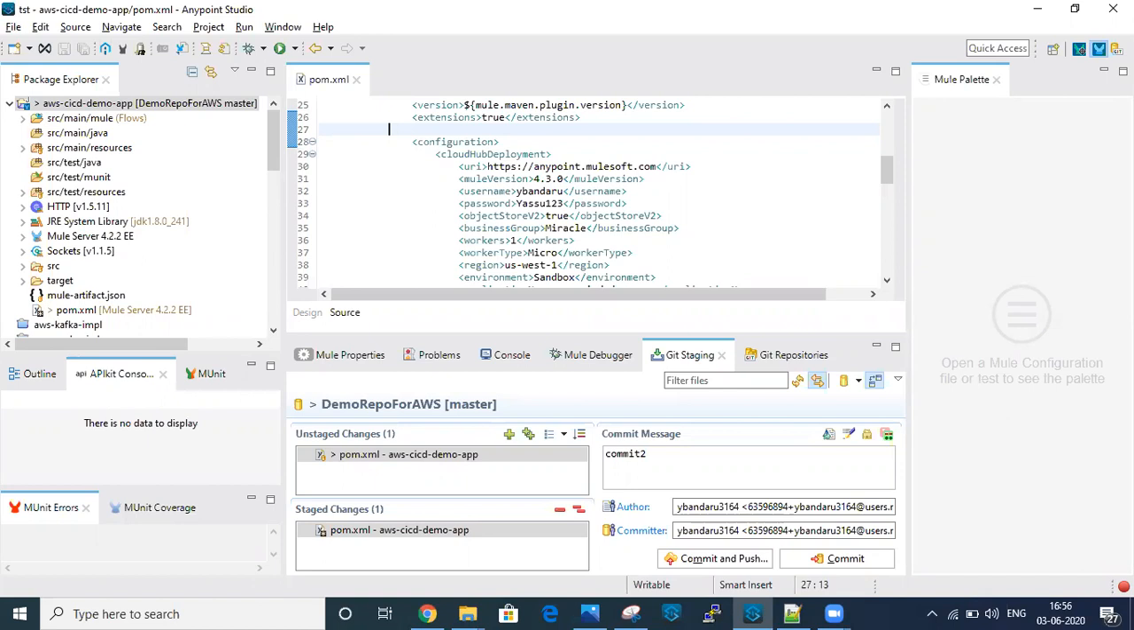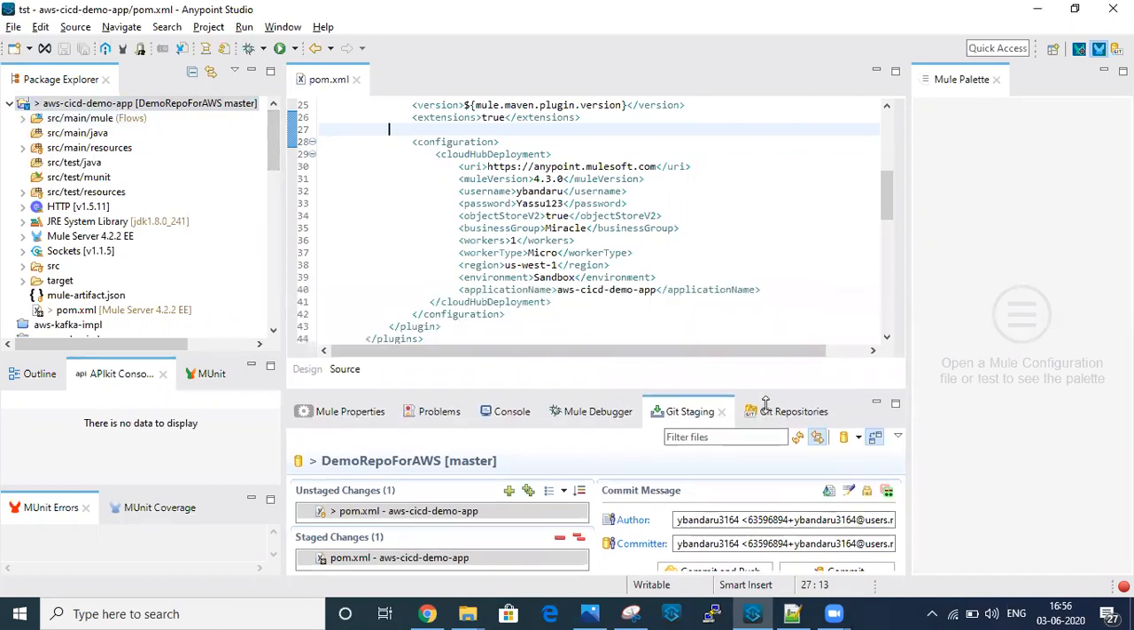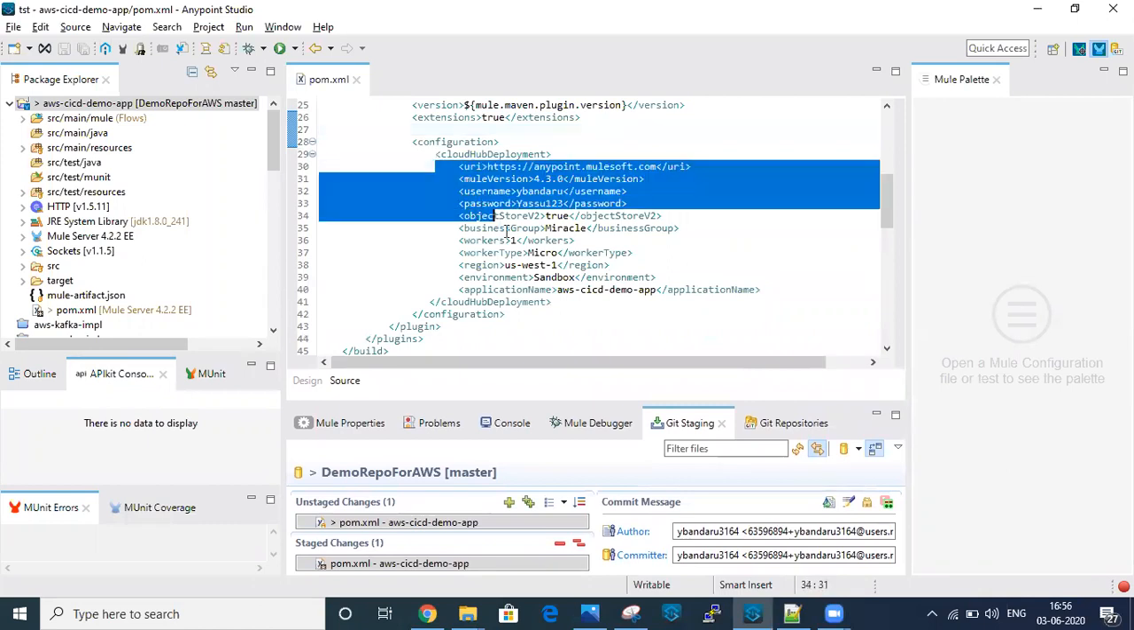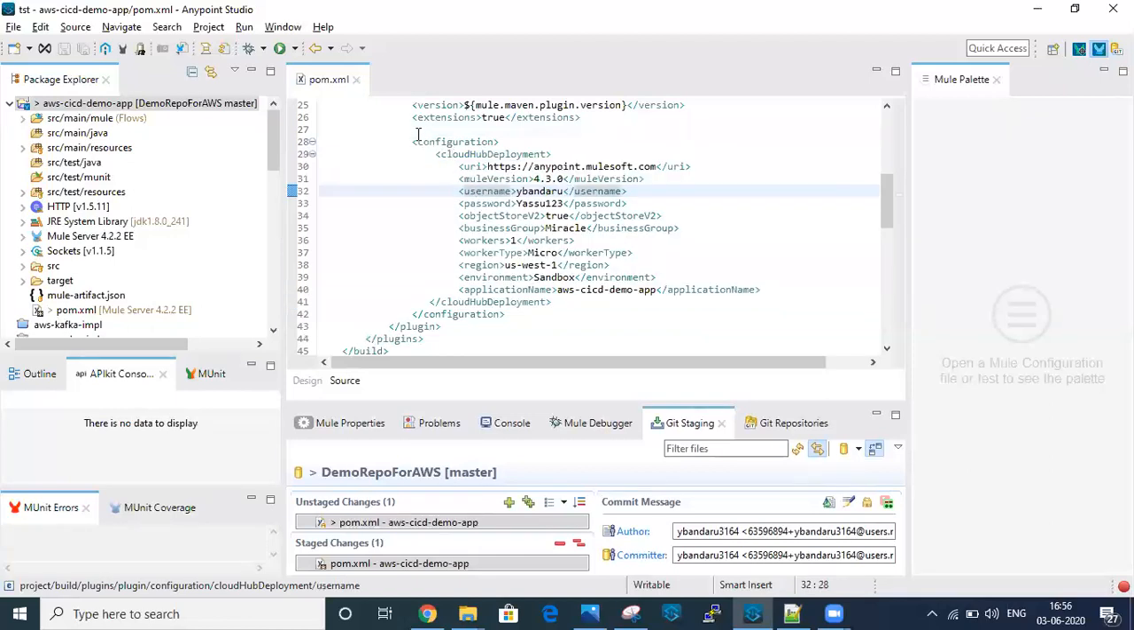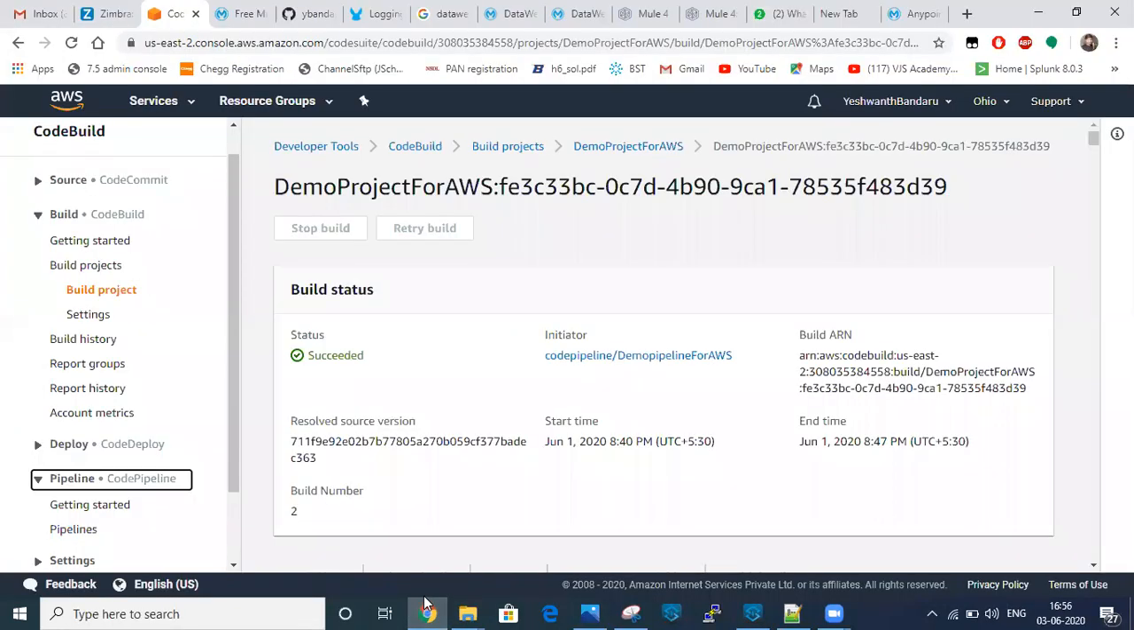Initially, I have created a sample application in Mule, and in the pom XML for this application, add the CloudHub properties like version, username, password, business group. All these properties should be added in the pom XML file, and later we should push these changes to the GitHub repository. So yeah, I already created a GitHub repository in my